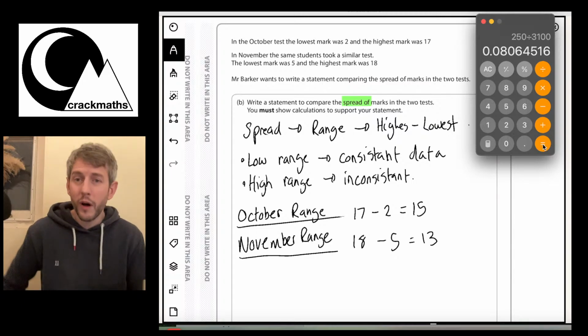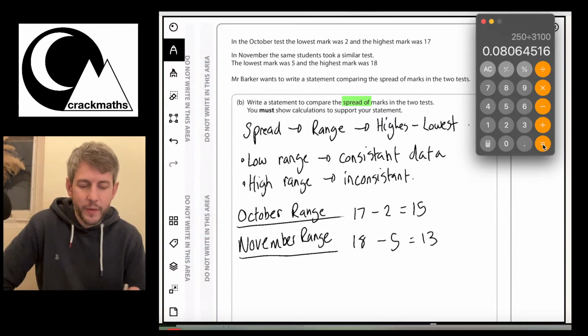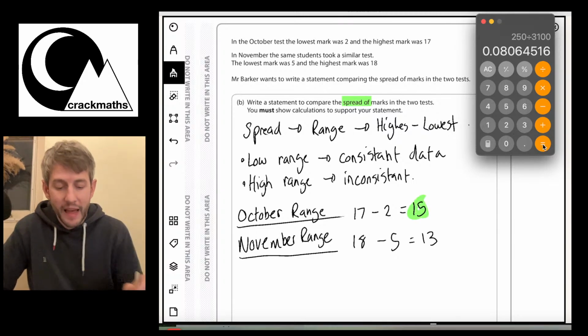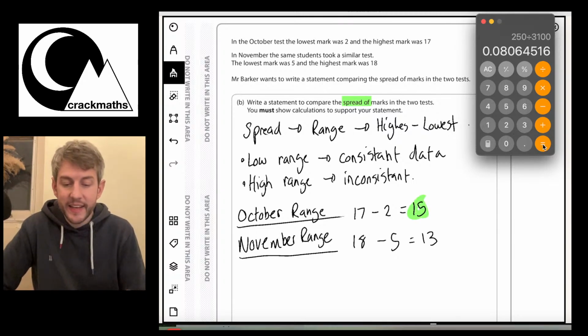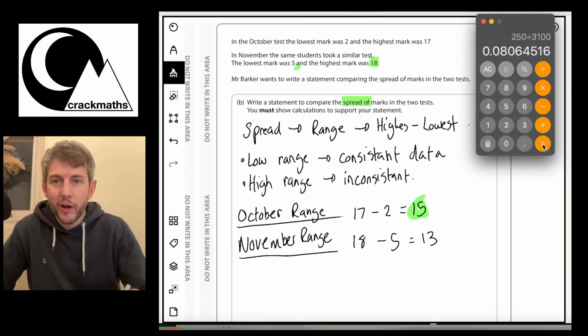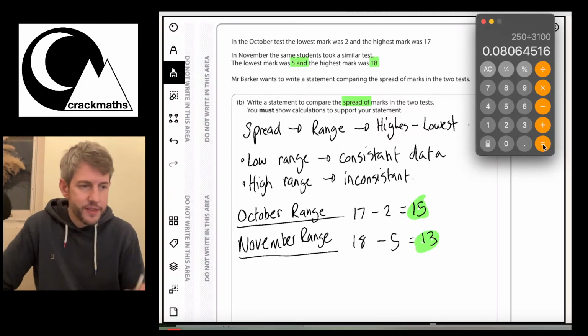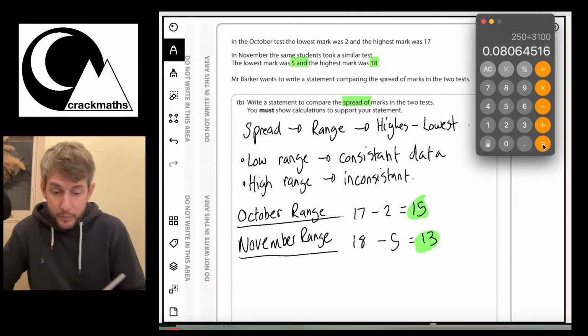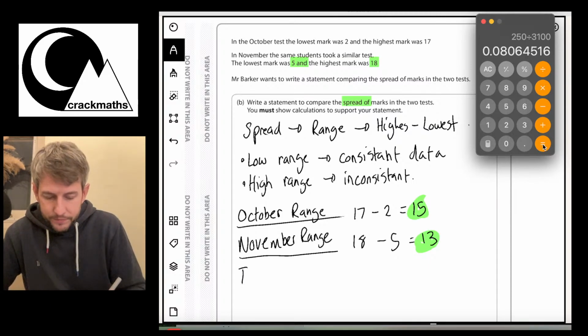Okay, so what I've done is I wrote 17 take away 2 for the October range. So the October range is 15. And the November range was 18 take away the lowest mark of 5. So that gave us 13. So therefore, what I could say is that the results